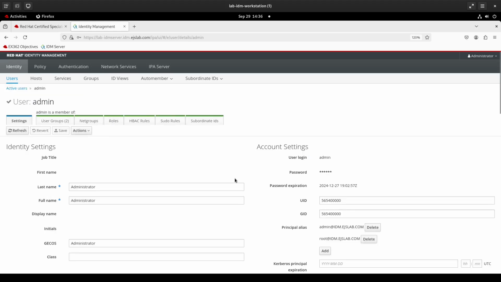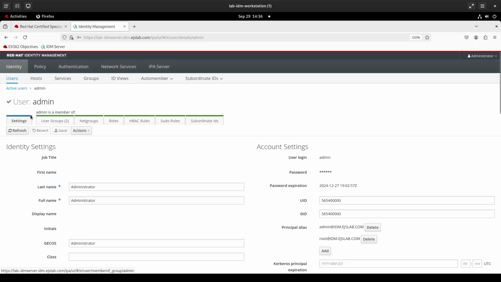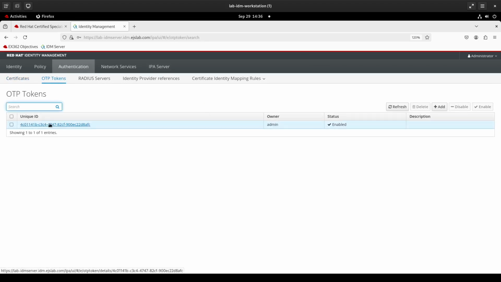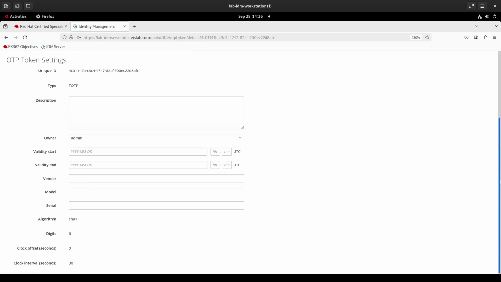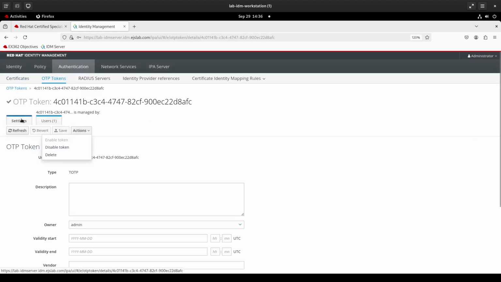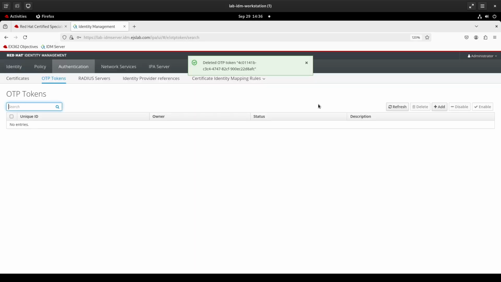Let's actually go into here and see. Yeah, I have it explicitly set to use OTP tokens, but I should be able to see the token that was generated. Obviously, I don't think I'll be able to get the QR code for it at this point. And we can delete and disable the token. We see that it's associated with admin. So we'll go ahead and delete this token because we don't need it. But I did want to show you how the QR code can be presented on the command line to be able to